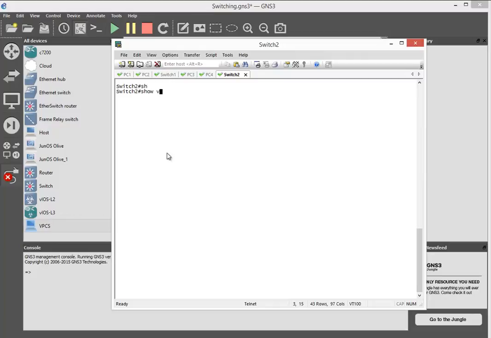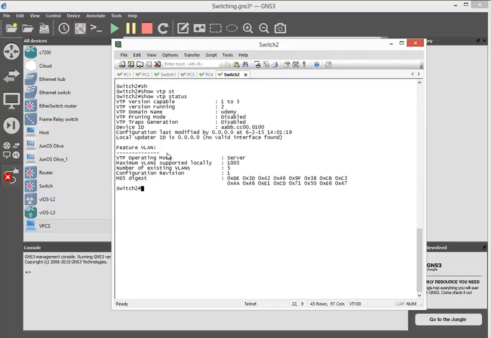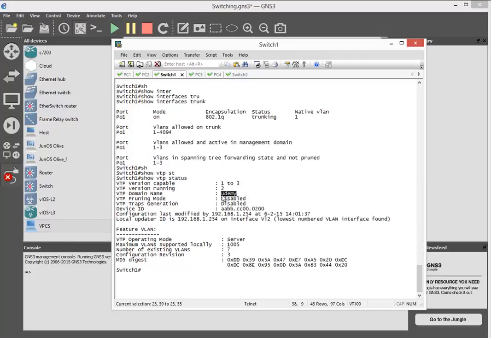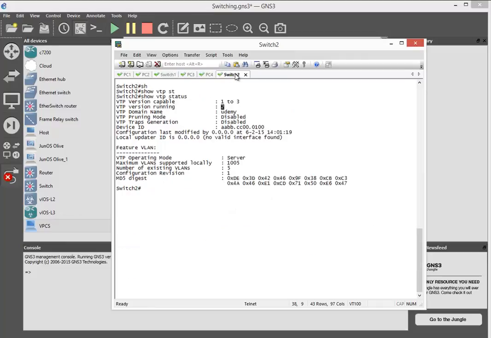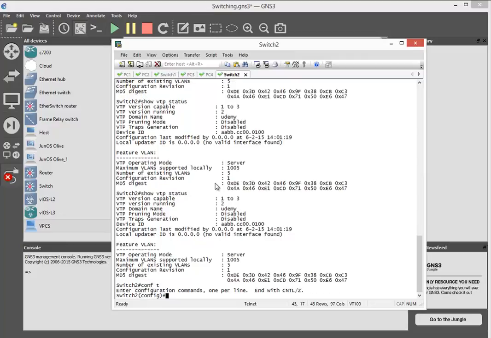So I issue show VTP status, and we see that we do not have two VLANs yet. So something went wrong. VTP domain is Udemy, VTP version is 2. Here is Udemy and VTP version 2. We have trunk interfaces. Everything seems to be okay,